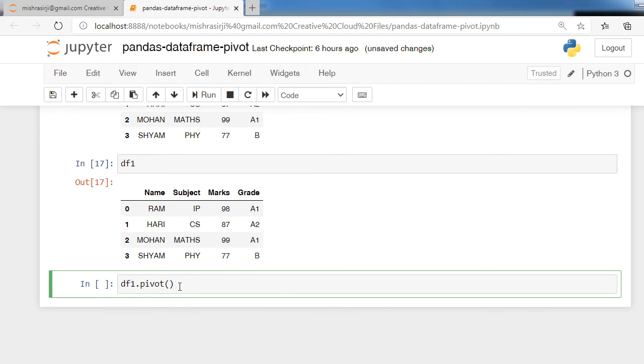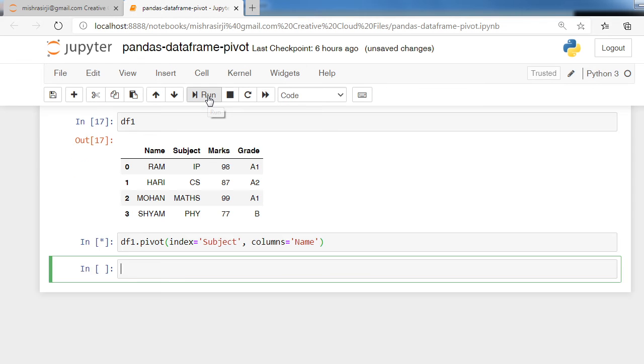First parameter should be index equal to subject, or we can write the name of any other column, then columns equal to name, and run this function.